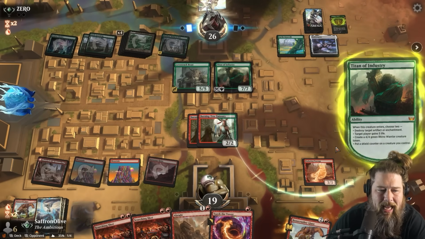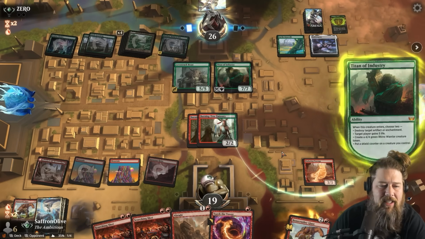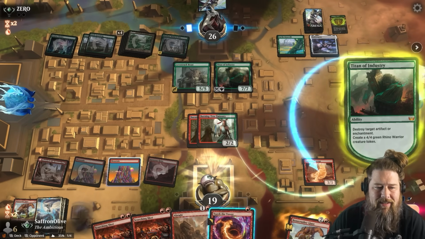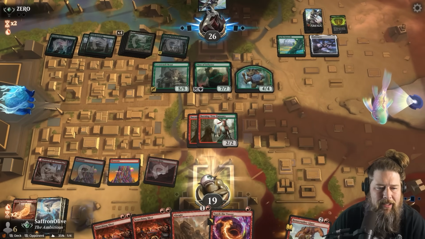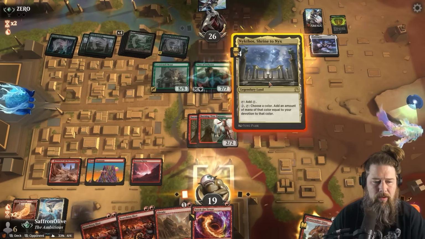Gaining life doesn't seem that great. We can kill it with 2 removal spells, especially if they don't shoot. Our hand is just full of removal spells. Gonna blow up the haste, make a 4/4. All right. Well, we might need to kill this Titan of Industry. Opponent passes it. Ooh. Okay, Nykthos is...